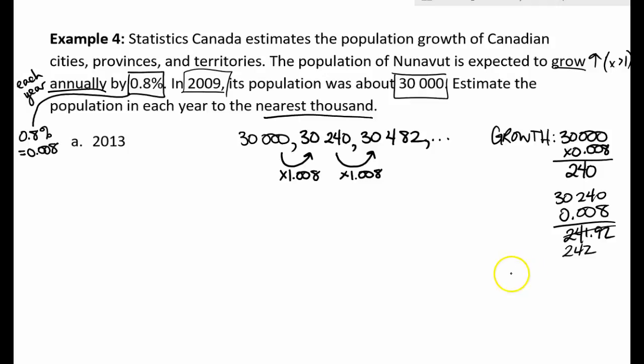Okay, so my actual growth, my actual R value, is going to be 1.008. From here, I just need to figure out, okay, well, what's the difference? And go from there. So 2009 is my term 1. This would be 2010, that would be term 2, 2011, 12, 13, 14. So what we're going to need to do is figure out